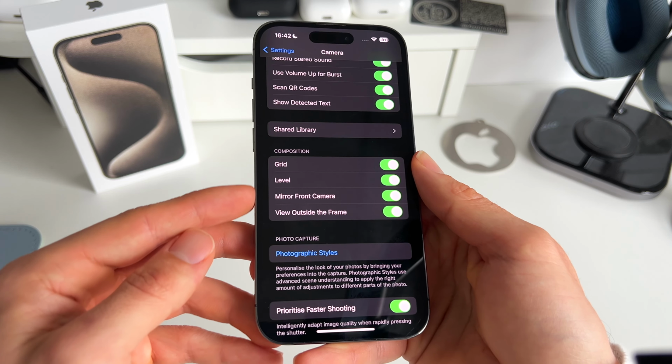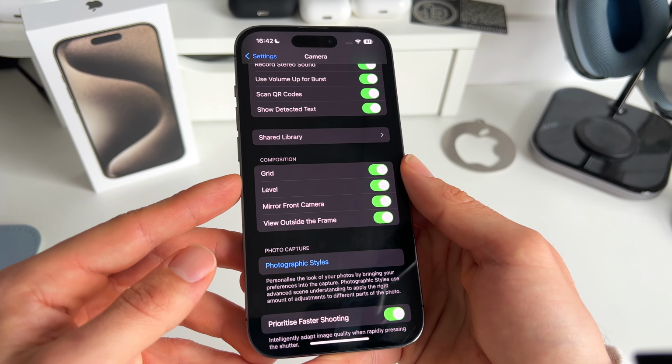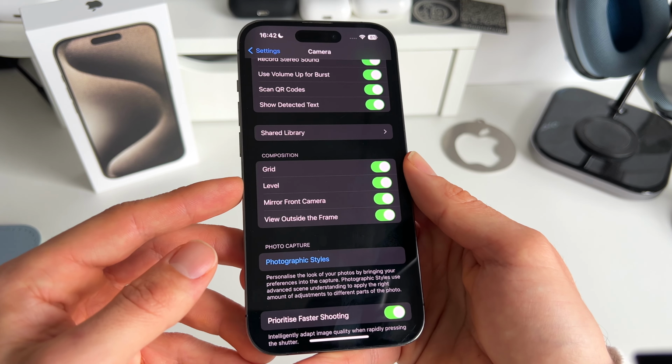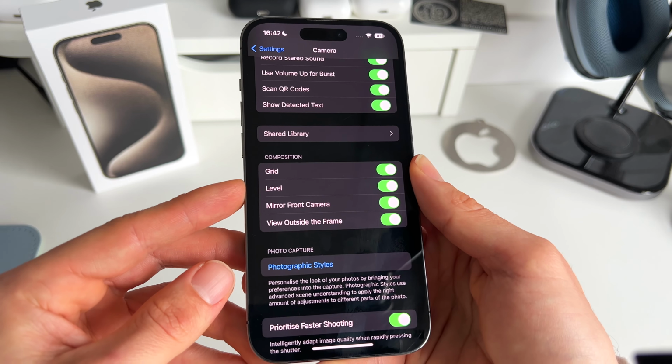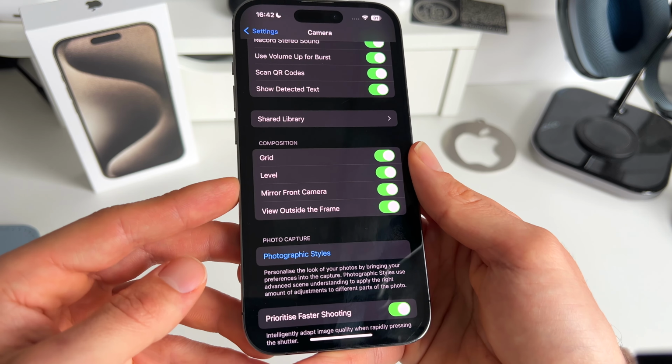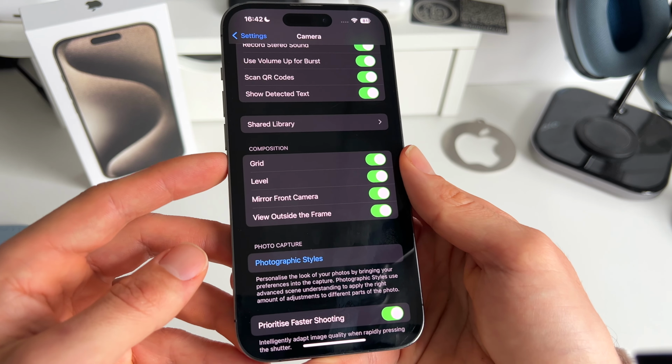The composition section, this is a really important section. This will help improve the way we shoot videos and take photos with our iPhone. It basically creates some guides while using the iPhone camera. Definitely turn these on. The grid, this will create the lines on the screen to get a subject or person